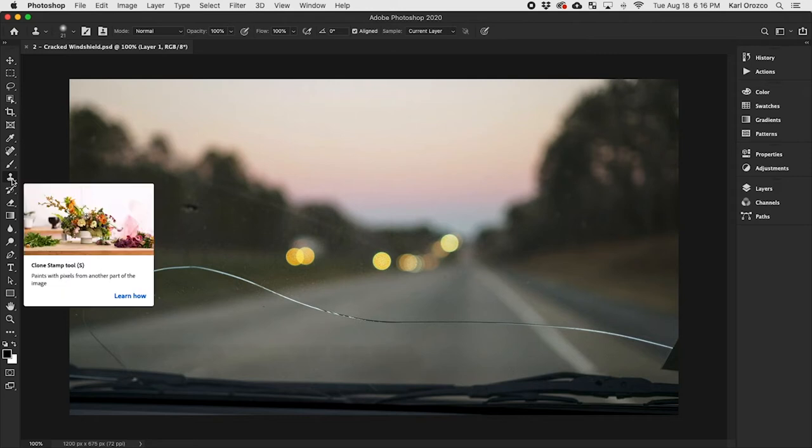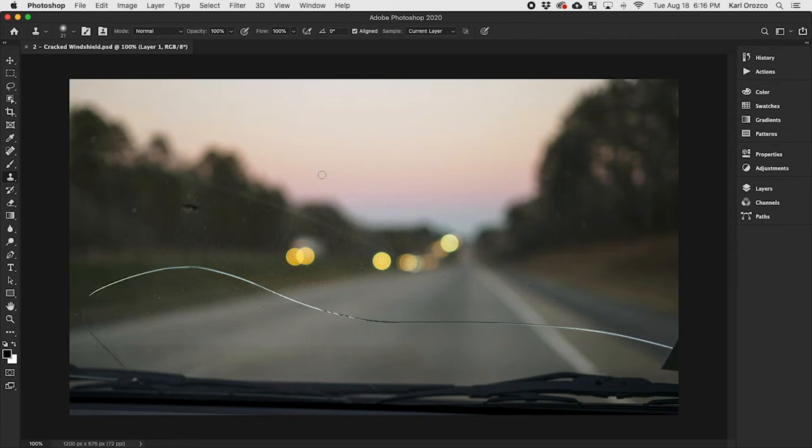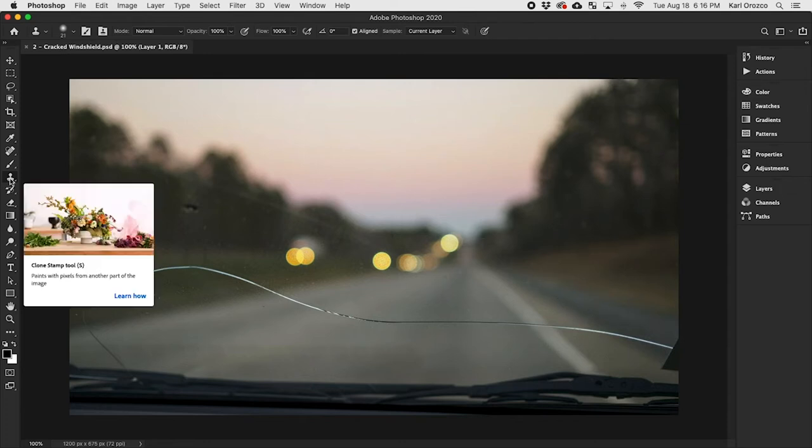The stamp tool is over here. It's actually called the clone stamp tool. And what it does is it allows you to draw on one part of an image using pixels from another part of an image. The best way I can describe it is by showing you first how this works. If I select this stamp tool